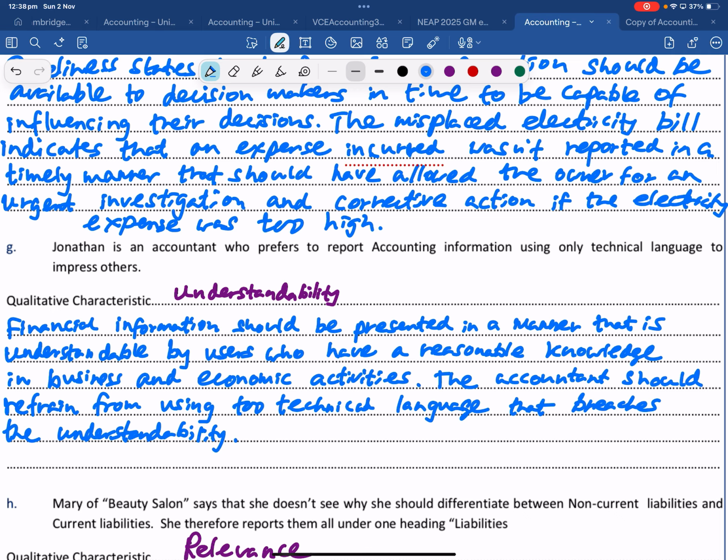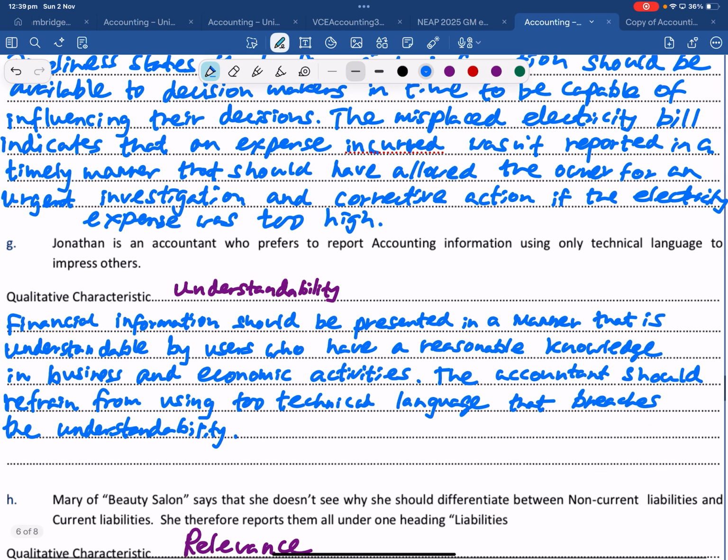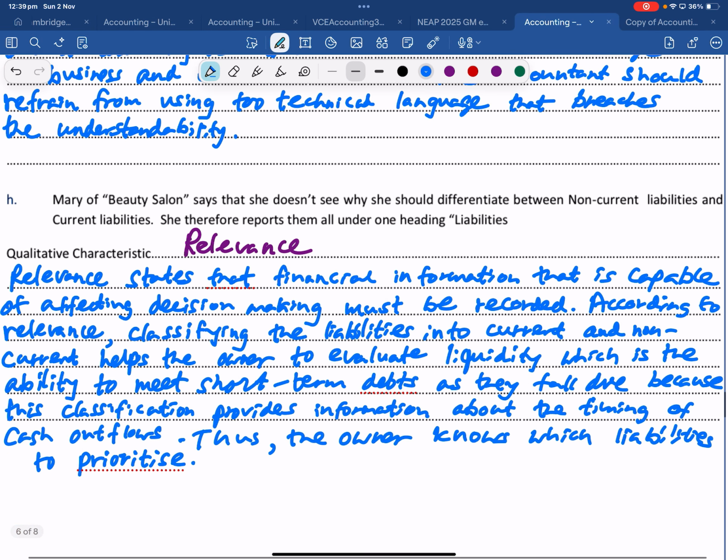Then the owner knows that he has to raise money to meet his short-term debts, right? Because we have short-term debts, he has to meet them firstly. Then he can figure out how he's going to meet the short-term debts, right? Then he can later worry about the long-term, but for short-term debts, he has to make some decision, like when he's going to pay and how he's going to pay, for his decision making. Yes, current liabilities is important. So basically, guys,